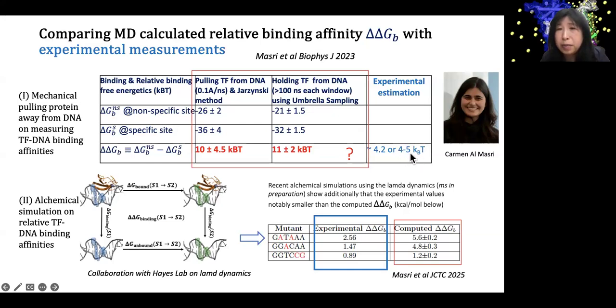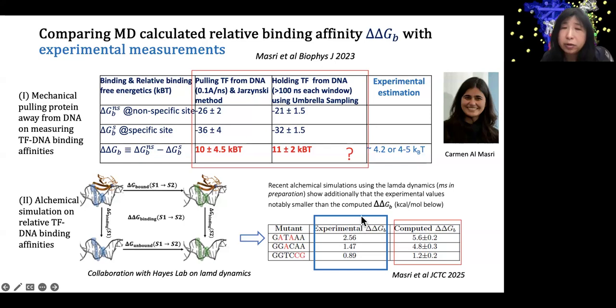We see that the experimental measurement is about half. Then we change to another method: instead of pulling the protein away from the DNA, we change the protein sequence from one to the other, either with protein bound or without protein bound. So we can form this thermodynamic cycle and still measure the binding free energy on these two spots. With this method, we also have the computational measurement of the relative binding free energy, delta G, systematically larger